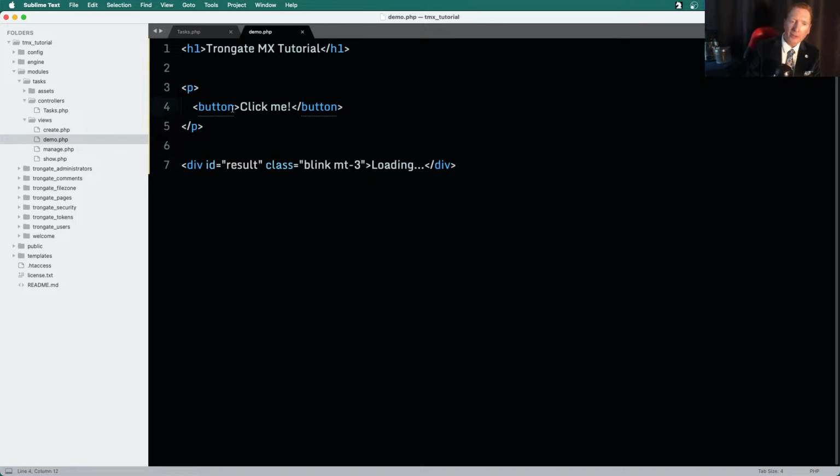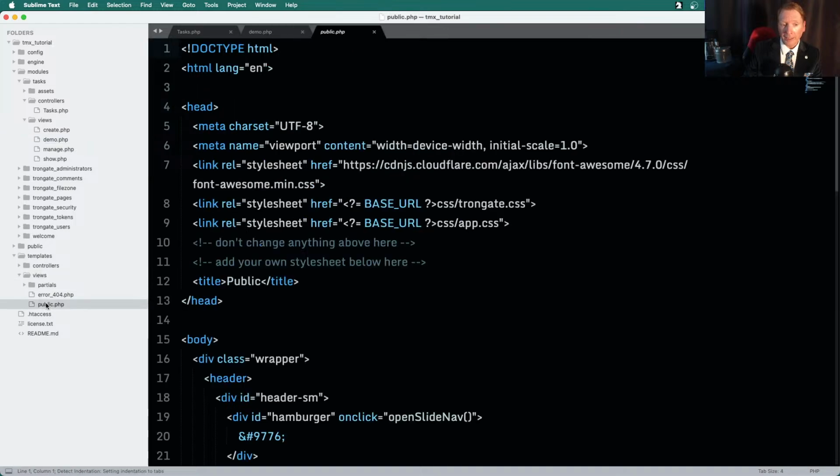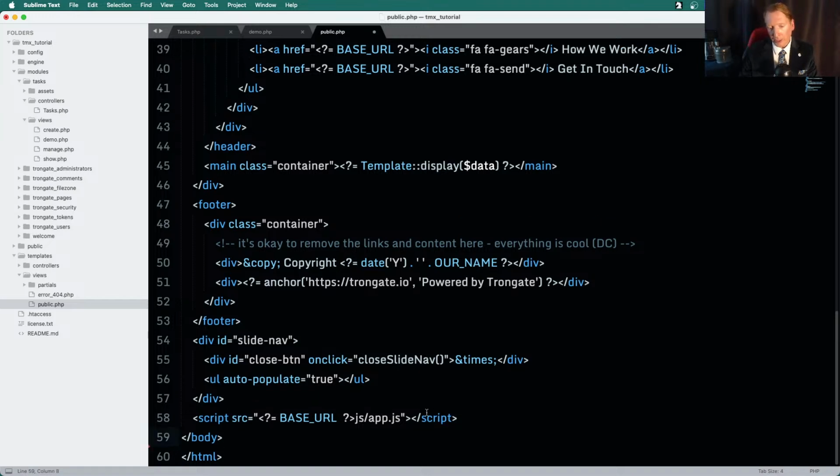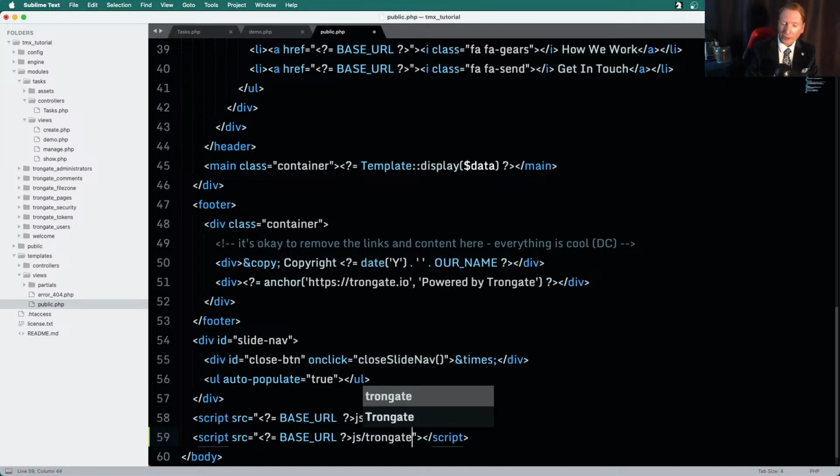And the way that we do that is, oh, first of all, I almost forgot. Let's go into templates, views, public. That's our template, right? Now, don't worry if your template looks different. Designs change. It's all part of the game. But the key thing is, before the closing body tag, I want you to add a little script. We're going to say source equals, and it's going to be base URL, JS, Trongate